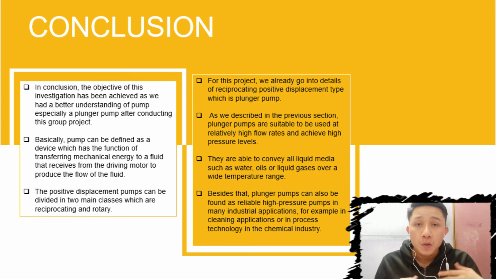For this project, we already go into details to one of the reciprocating pump types, which is plunger pump. Plunger pump is suitable to be used at high flow rate and achieve high pressure level. They are able to convey all liquid medias such as water, oils, and liquid gases over a wide temperature range. Plunger pump can also be found as reliable high pressure pumps in many industrial applications, such as in the process technology, in the chemical industry,